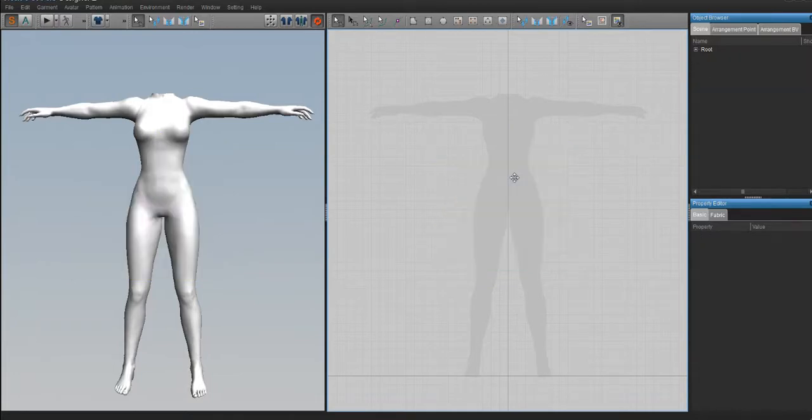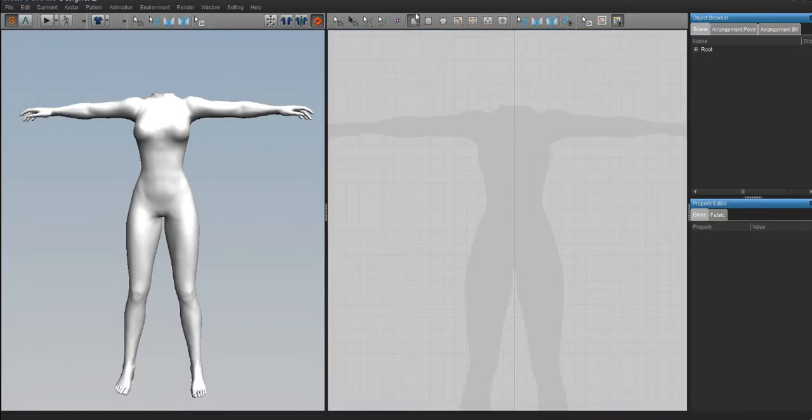So let's get into the actual meat of the tutorial, because all of that was just showing you the basic controls. So let's talk about actually creating a garment. So we want to make a t-shirt. To make a t-shirt, all you have to do is draw a shape of a t-shirt using the polygon tool. So I'm going to click the create polygon tool, and I'm going to start here at the folding